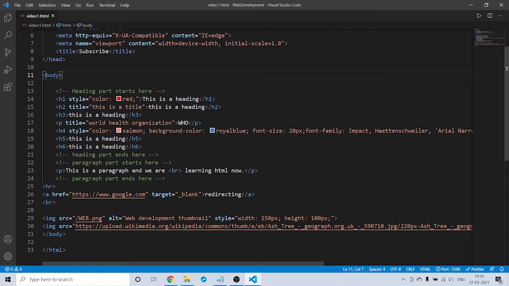And then we learnt about paragraphs, and then we learnt about line break, and then we learnt about links and how to open a link in a new tab with the help of the attribute called target. And then we learnt how to show images in our web page, and we saw the style attribute. We saw many properties of the style attribute.